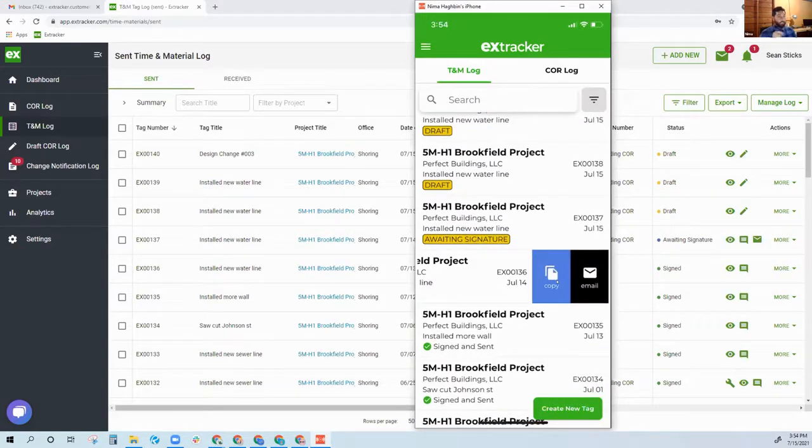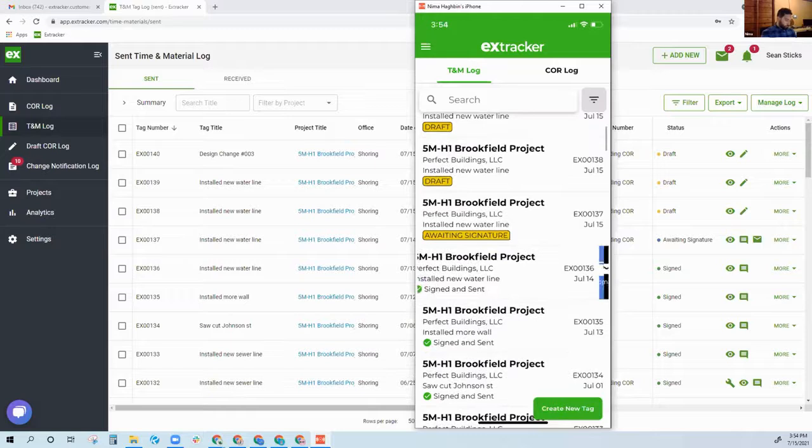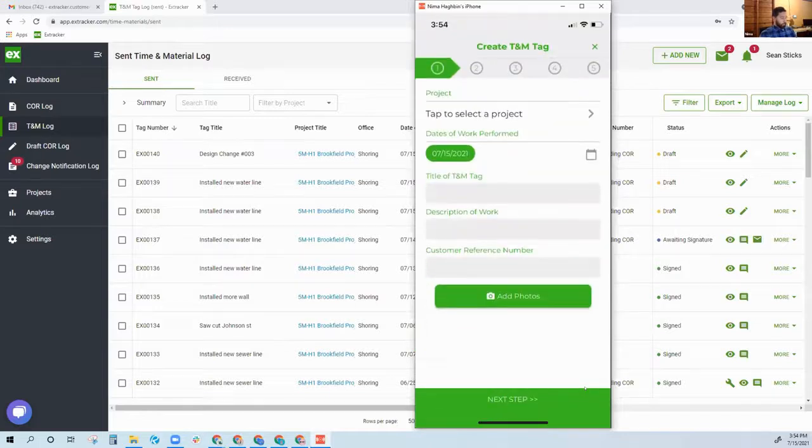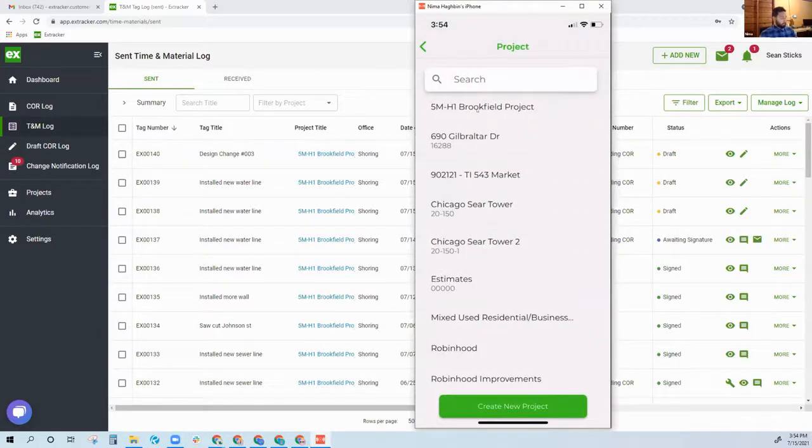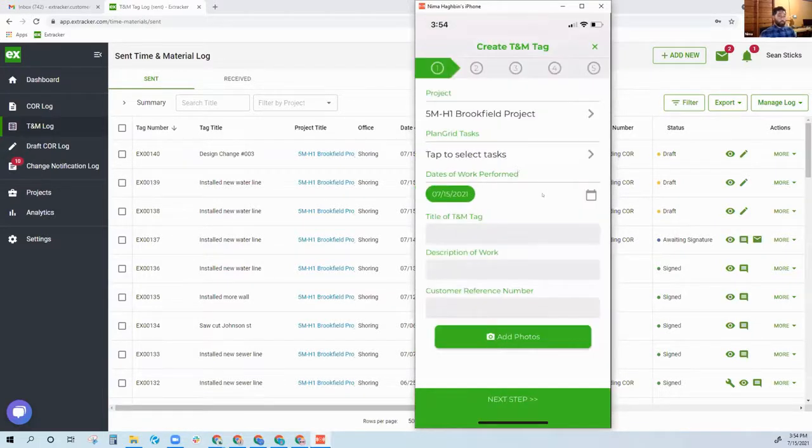So instead of writing each tag, even though you're doing the same scope of work for a week, now you're saving your foreman time and able to get your tags out to the general contractor really quickly. Let's say in this case, I'm starting a new scope of work. My foreman's going to create a new tag. They're going to select the project that they're on, and then your foreman only sees the projects that they've been